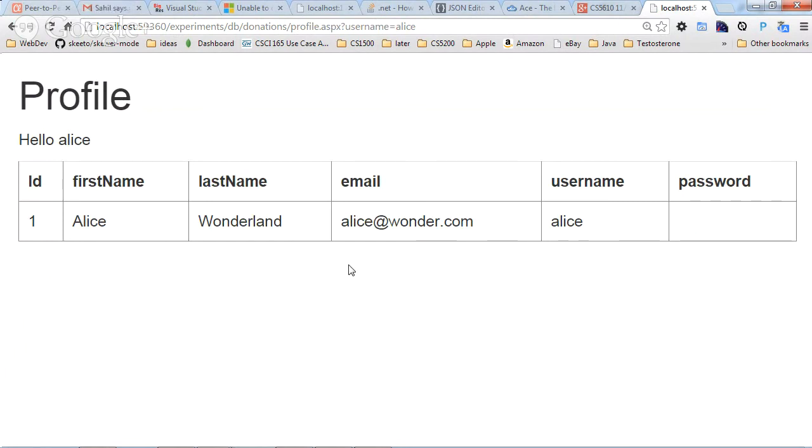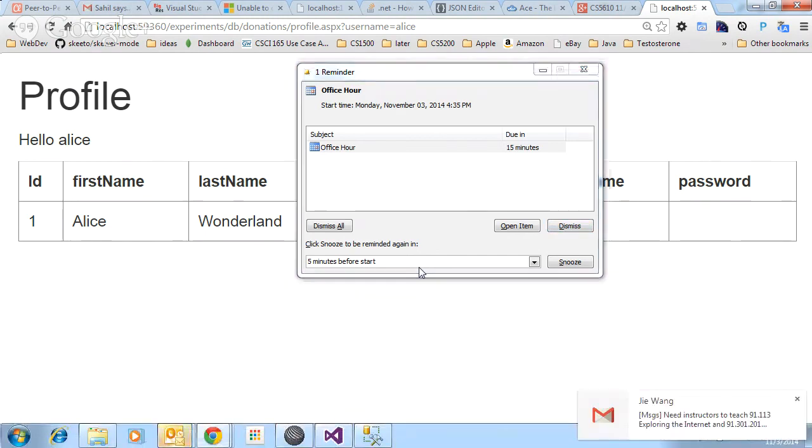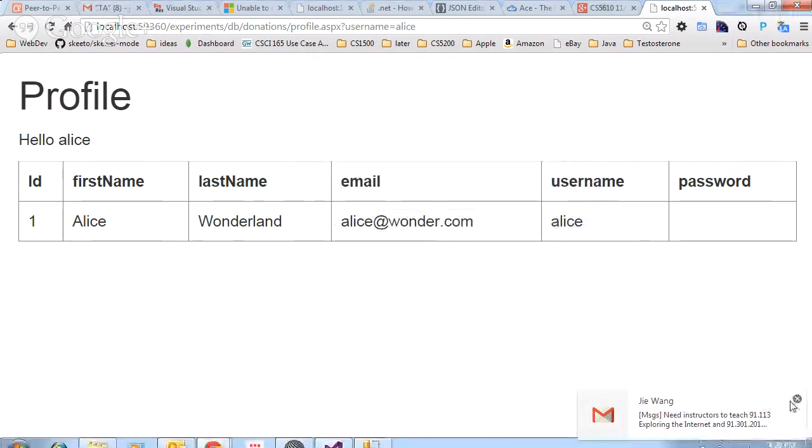But rendering this as a table, that's pretty boring. Typically what you'll want to do is render it more dynamically, right? I want to have maybe the image of the person over here, maybe some information on their side. I want to have access to all my HTML knowledge, right? Maybe I want to make this responsive. I want to do my own HTML, right? So what we could do